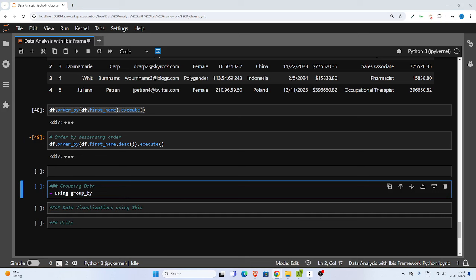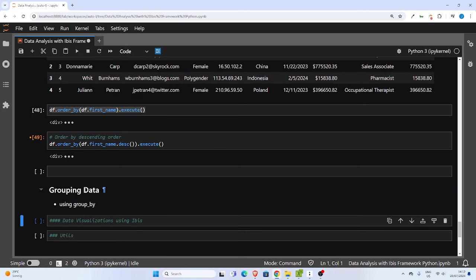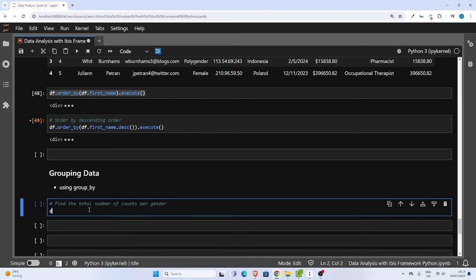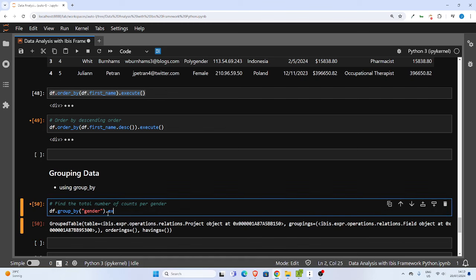So in case I want to group my data in Ibis, anyhow you pronounce it, it is going to be something like this. Let's say I want to find the total number of counts per gender. So I want to group by gender, so I can just go with df.group_by gender. So this is one way to do the group by. And then if I go with execute,